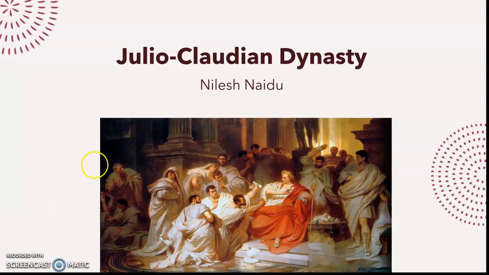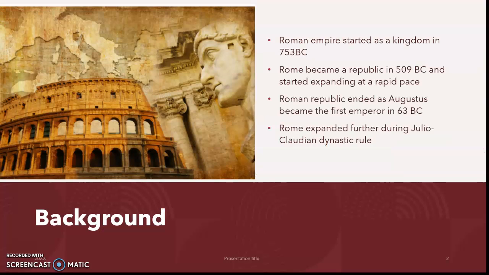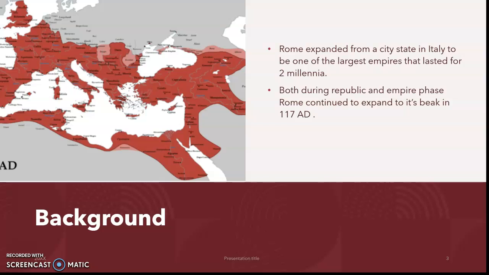So, a little bit of background about the Roman Empire itself. The empire started as a small city kingdom in Rome, and then became a republic, and then took over the Italian peninsula, and further expanded through the rest of the Mediterranean as it became an empire itself, and it went through the dynasties of several emperors. However, the most notable one was the Julio-Claudian dynasty, as they were the ones who established the first imperial rule in the Roman Empire. So, without further ado, let's go over the map to provide a reference of how big